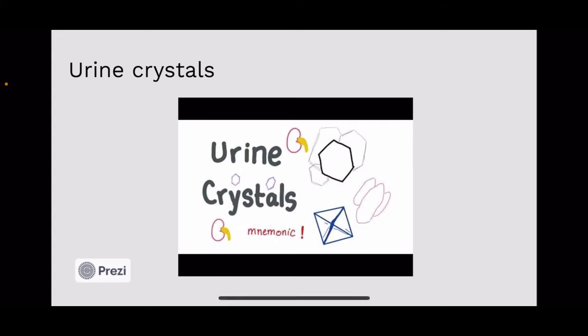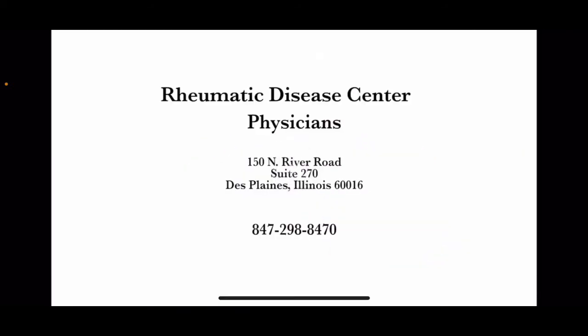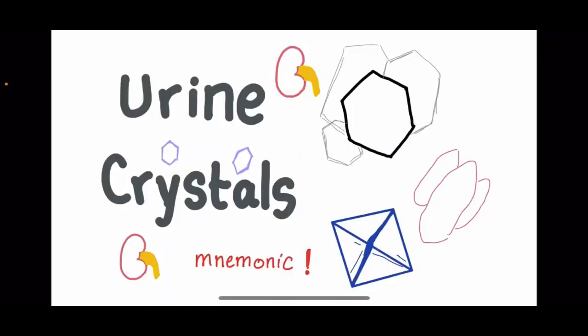Urine crystals. Hey, this is Medicos Perfectionalis. Let's talk about urine crystals. So urine crystals are urine sediments that have specific shapes under microscopy. So if you know the shape, you can know what type of stone it is, and it will be of great help on your board exam because it will describe to you the stone.